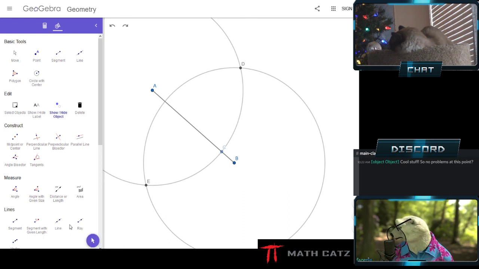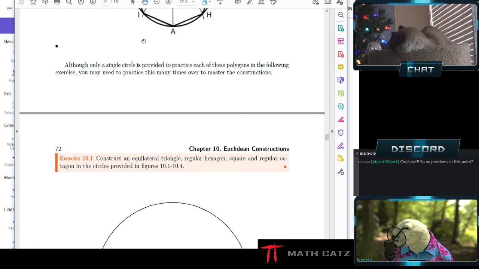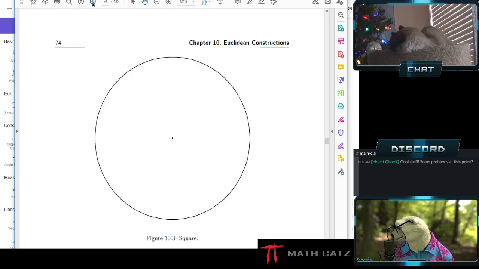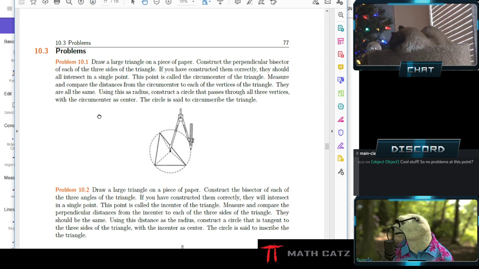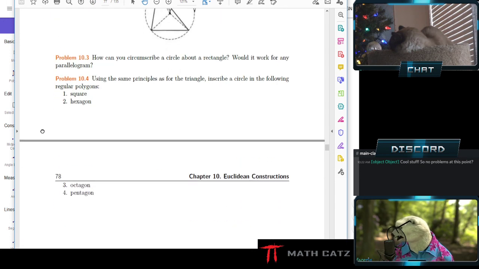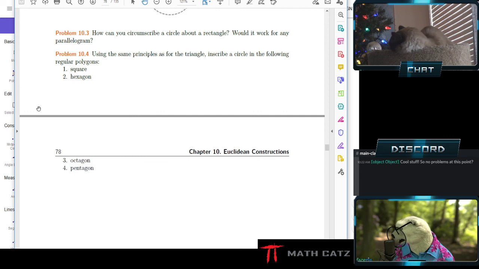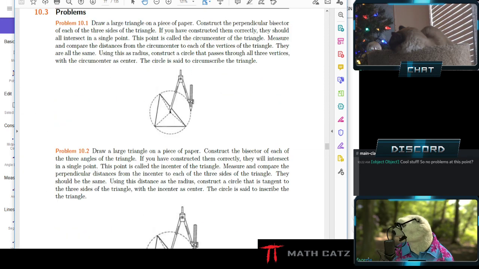I'll check the problems. Let's see the problems here. I'm trying to open my PDF. Problems. No, I'd say stay away from the problems until we have given this some time. Let's suppose